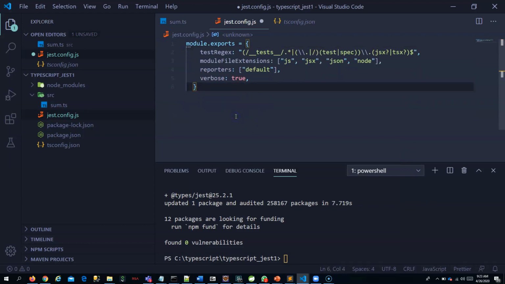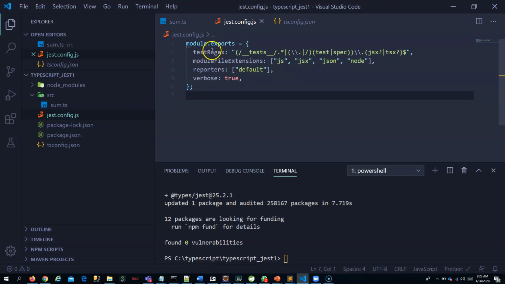And here what I'm mentioning is, in testRegex, I mentioned where the test file is, where I will be writing my test. So under which directory? Right now I'm saying inside test, and the test name can be anything with test or spec.